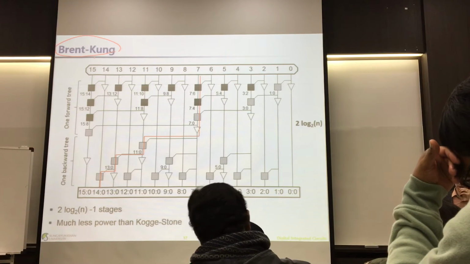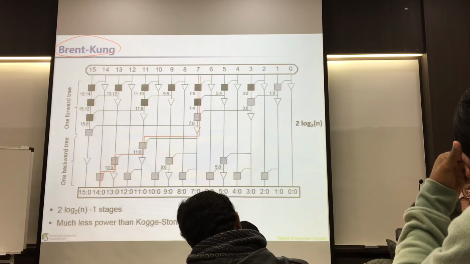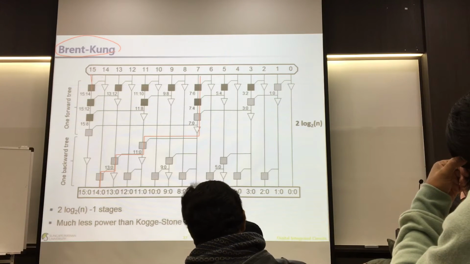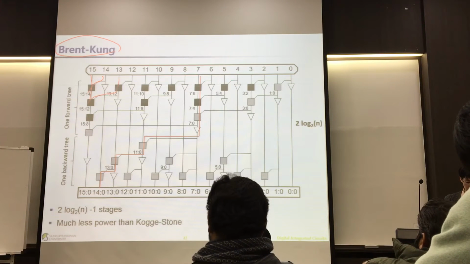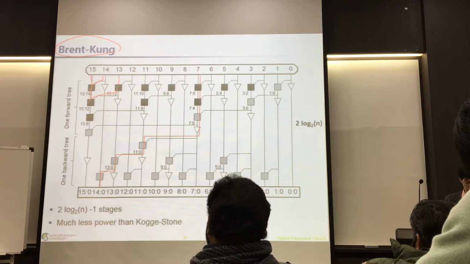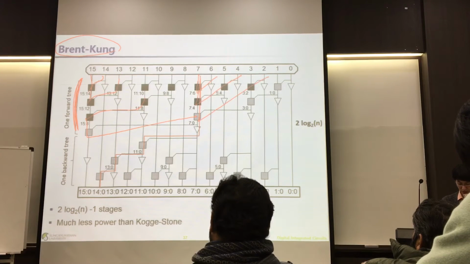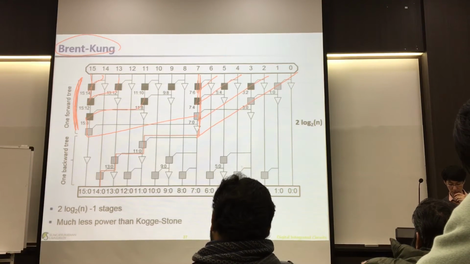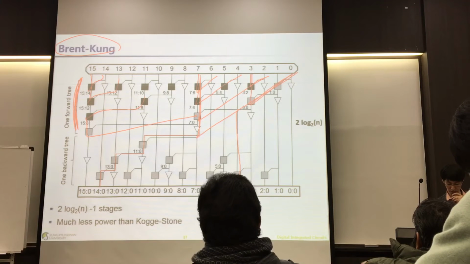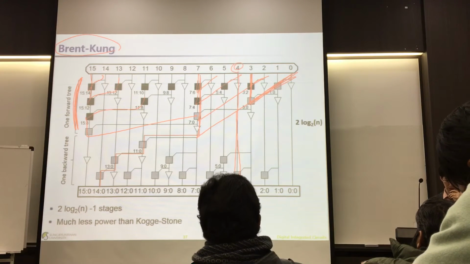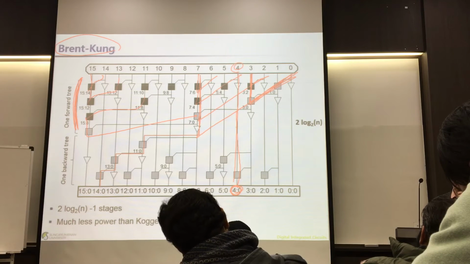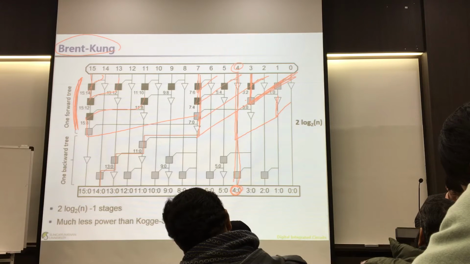First is Brent-Kung, which is shown here. It basically has a merging tree, a forward tree, on one side. So in this upper part, it merges certain ranges. Here merge, merge, merge, merge. But you can see that for this bit position, you actually just need this merged result and this bit, right? So instead of having this kind of tree here,